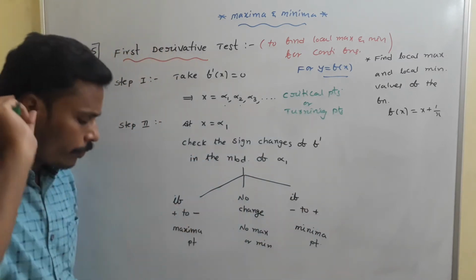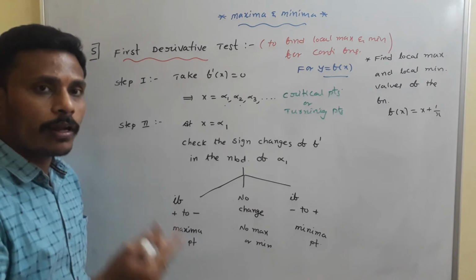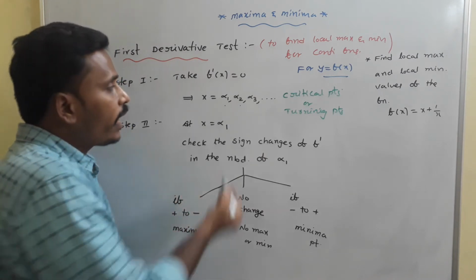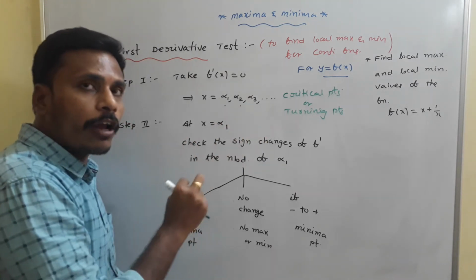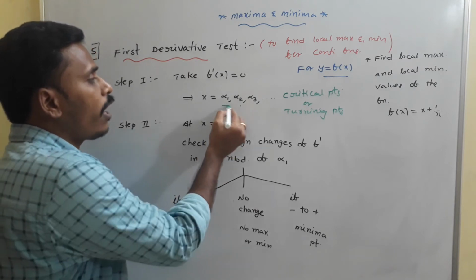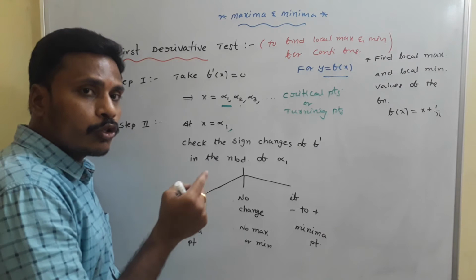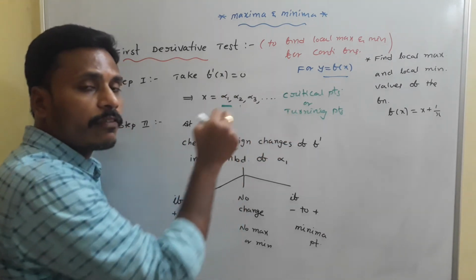For sure, the given function will have local maxima or local minima at these turning points. So we need to check at each and every point whether it corresponds to maxima or minima. For suppose at x equals alpha 1, if you wish to check